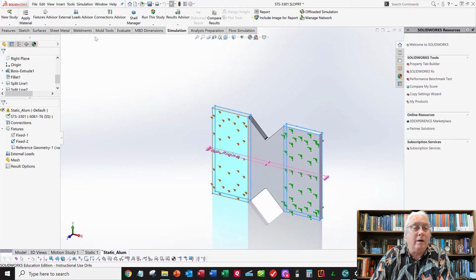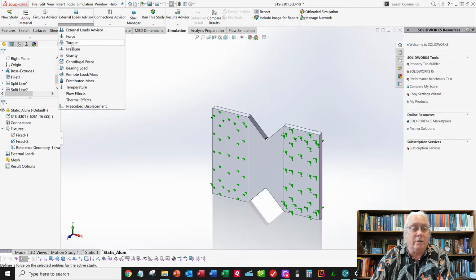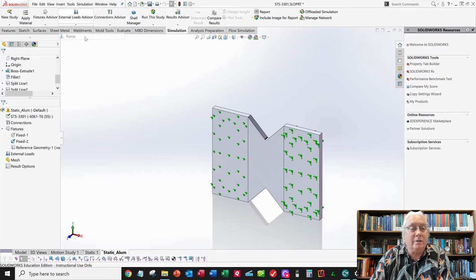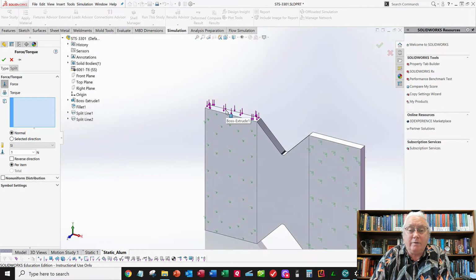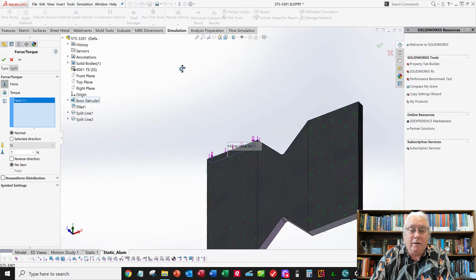All right, now what do I need? Well, I just need to go to the next button. Now I've got fixtures done. I did the material, I did the fixtures, and now I'm going to go to loads, and I can do torques and pressures and gravity and all kinds of loads. I want a force, and if I remember correctly, I had 100 newtons, and so force or torque, I want force, and it's asking me where do you want it to be applied, and I'm going to say I want it here, and I want it here,